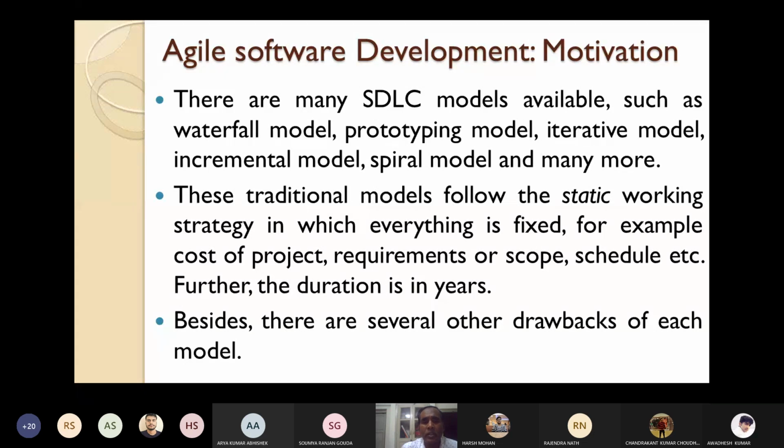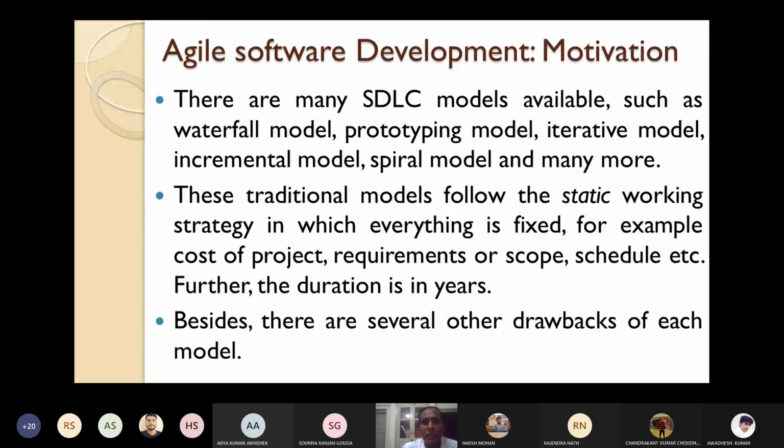For example, the cost of the project you have estimated earlier is fixed. Requirements, you have already done the software requirement analysis and specification. You have frozen the requirements, then only you go for designing. The schedule is also fixed, and the expected time to develop the software is also fixed. So everything is fixed. If you want to change the requirements, it is very difficult. So these are some of the drawbacks of the existing traditional models.